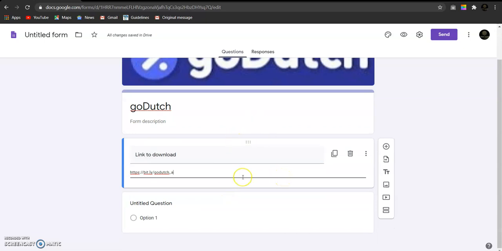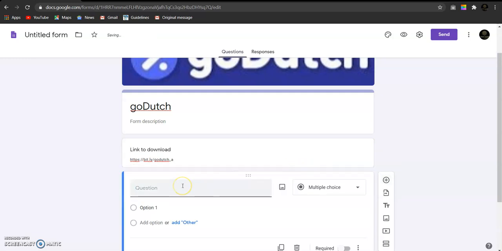Then I need the details of the person who installed this app. So I'll ask him to enter his name. In order to add some attribute, just click on the plus symbol over here. I'll name it as full name.